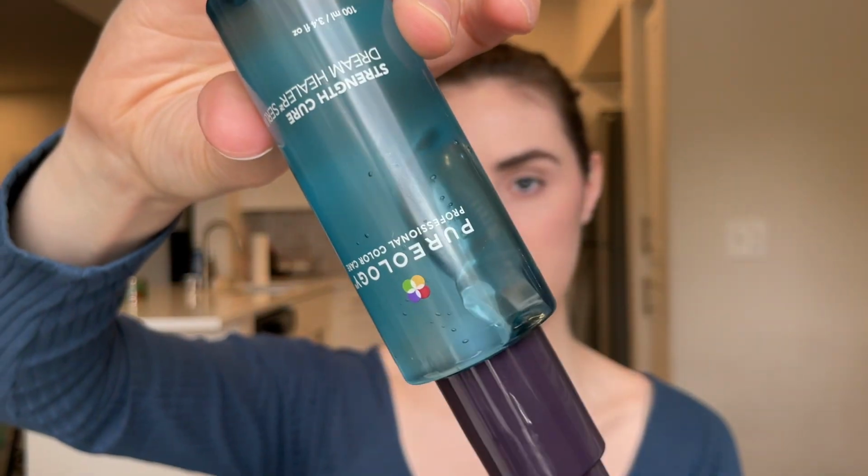It adds shine without adding weight. It is extremely thick and gel-like in the bottle, but it really flashes off and becomes very, very lightweight in the hair. And my hair looks so healthy. It smells like alcohol because isododecane and denatured alcohol are high up in the ingredients list, but that's a good thing because that's what makes it so lightweight in the hair and what makes the amino acids in here able to penetrate your hair to help further strengthen your bond. But the scent goes away as soon as that alcohol flashes off, so I'm not too mad about it. Just putting it in doesn't smell the best, but you can't smell it after,